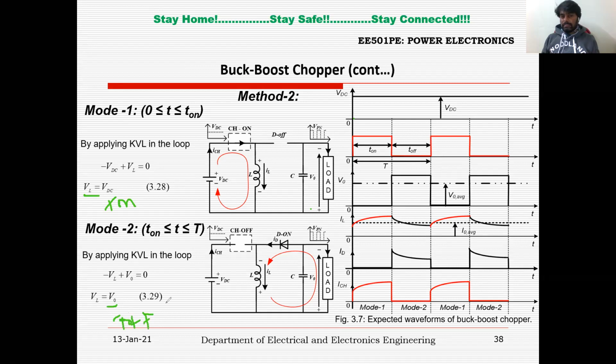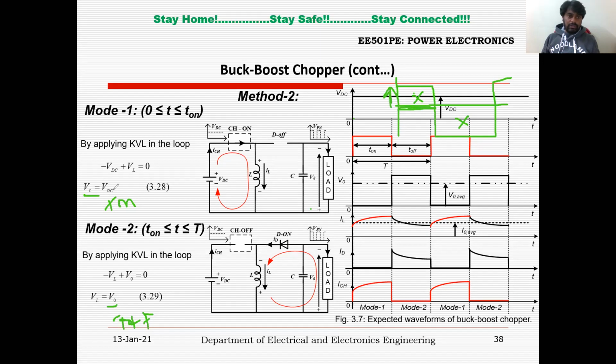And we know the volt second balance principle. So if you want to see the voltage across the inductor, it will be like this. During the on time period, you will get positive voltage. During the off time period, you will get negative voltage. Right? So the area during the positive half cycle should be equal to the area during the negative half cycle in steady state condition. So area means this time into the voltage across it, which is this time, the on time period, into the voltage across it, VL, which is VDC.